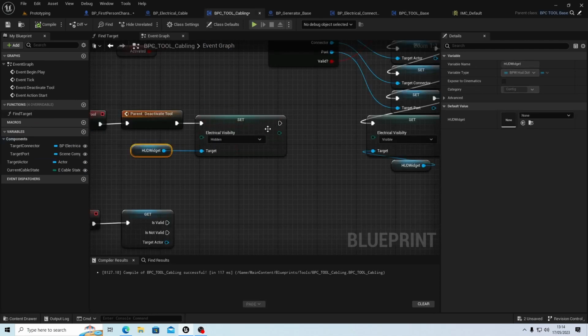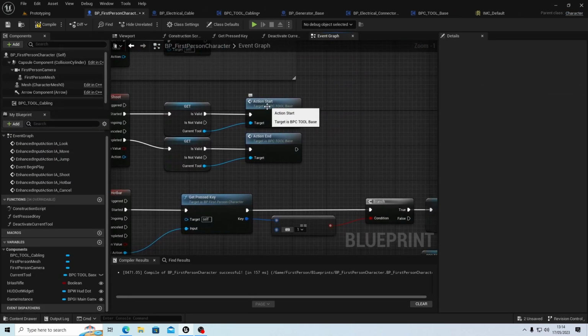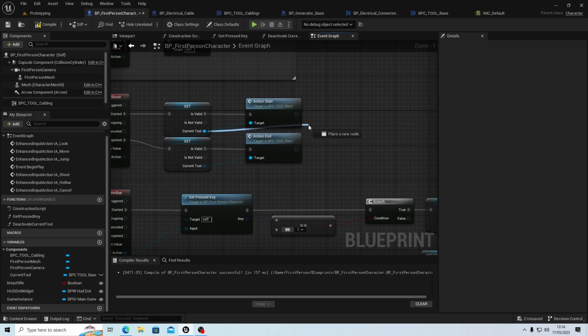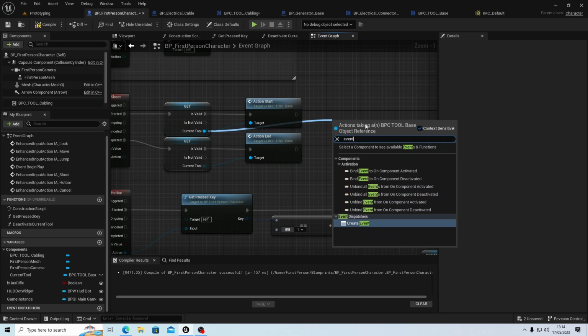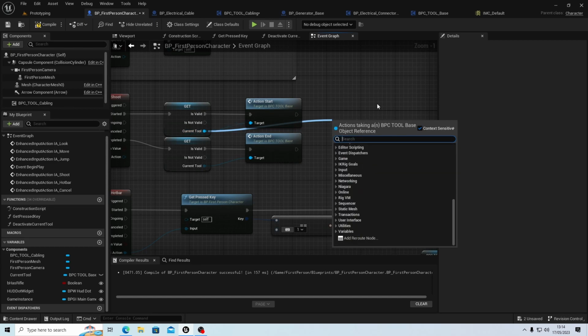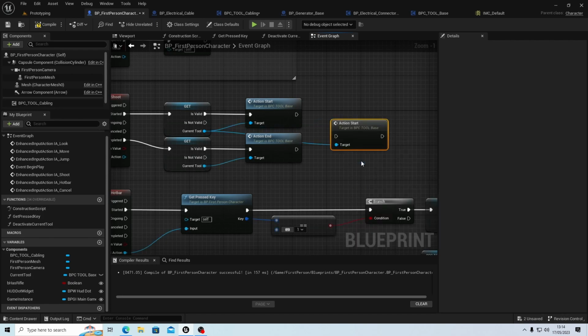That's the next stage, but that's what it does. It fires that event inside that component. So you just drag off here and you say event. Oh, it doesn't come up when you do event, doesn't it? So you just want to put type action start, because we know it's called action start. Click that and it comes off, and just connect up the is valid pin to it, and do the same